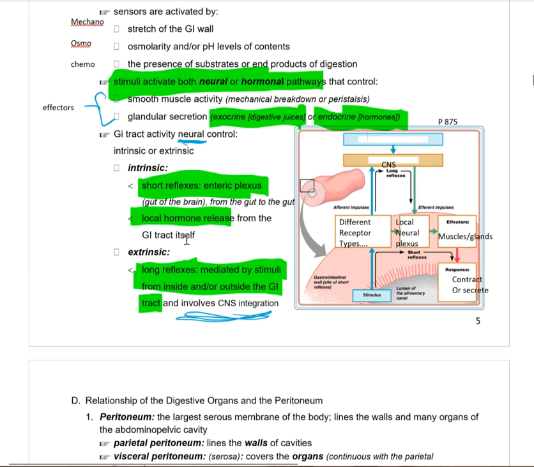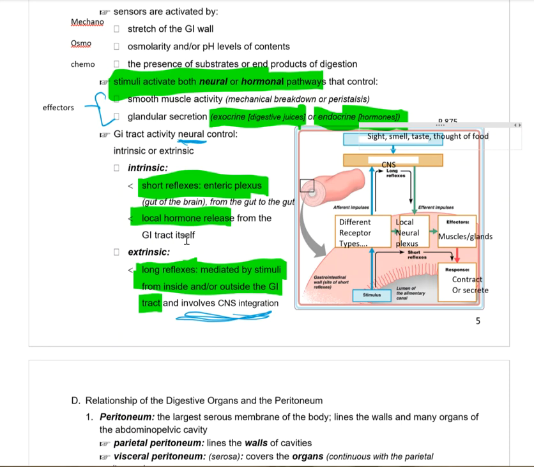So what kind of outside stimuli can we get outside of the body that might start stimulating this? Well, the sight, the smell, the taste, the thought of food. All of those things are external and send messages to our control centers and then can do things. So think about